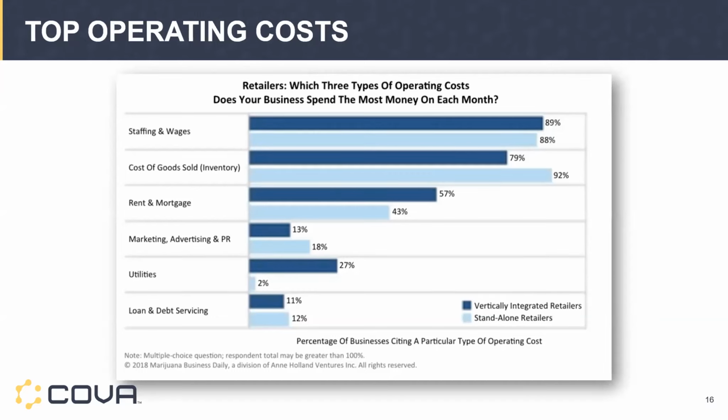So we just looked at capital costs. That's the stuff that is your upfront investment. But then you have ongoing costs. And as you can see, your biggest costs in light blue, if you're a retailer, are your cost of goods or your inventory and your staffing. And a lot like any retail business, those are going to be your big ones. Then you've got rent, you've got advertising. You can see that giant variance in utilities between a vertically integrated and a retail store. In a retail store, you don't use that much power. But in a grow or a manufacturing, you're using a lot of juice. So that's the difference there.